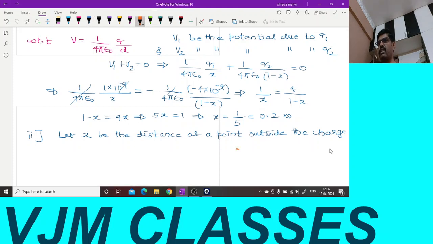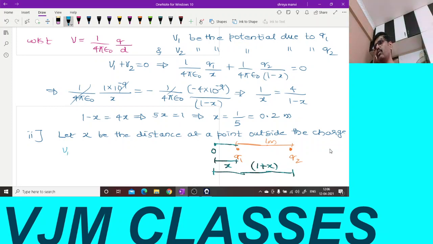If I take charge Q1 here, Q2 here, these two are separated by a distance d, which is 1 meter. Now let us say the point is outside the charge. Again I am taking it from Q1 only. From Q1 it is at a distance x, then obviously from Q2 it will be at a distance 1 plus x. So again, the net potential has to be 0, so V1 must be equal